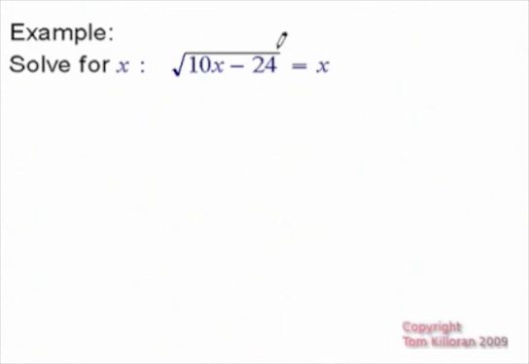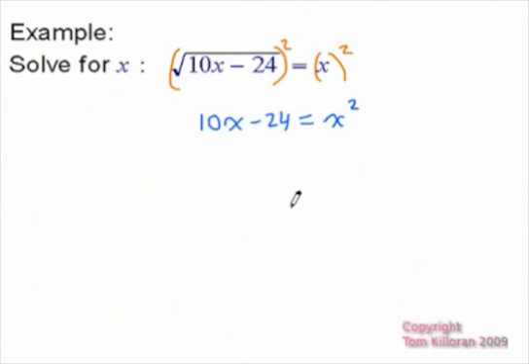So right from the start I'm just going to take both sides and square it. Both entire sides, so you have to be a little cautious with that. Alright, now when you square a square root, they pretty much cancel each other out, and you're left with 10x minus 24 on the left, and on the right you're going to have this x squared, which makes this a